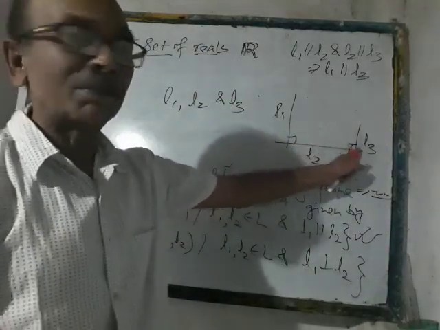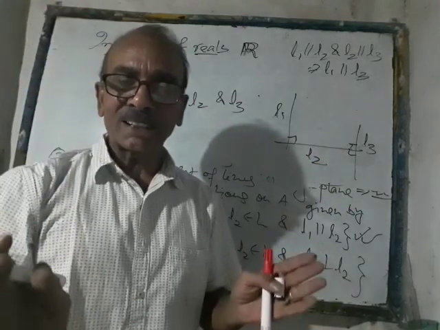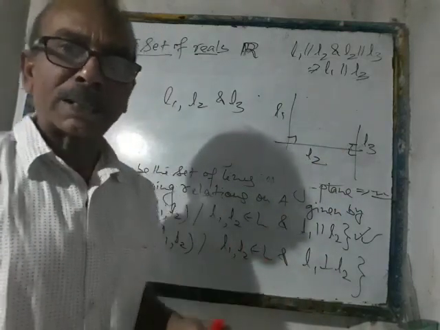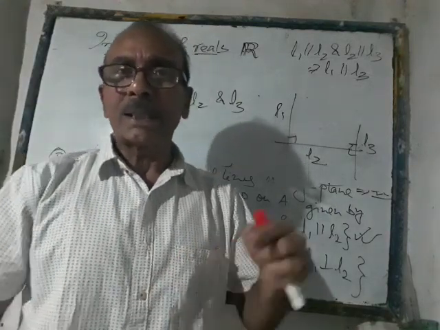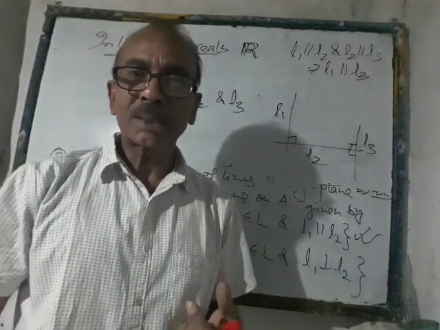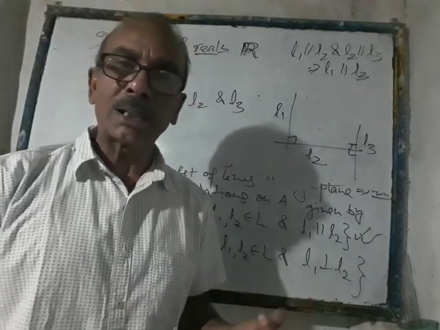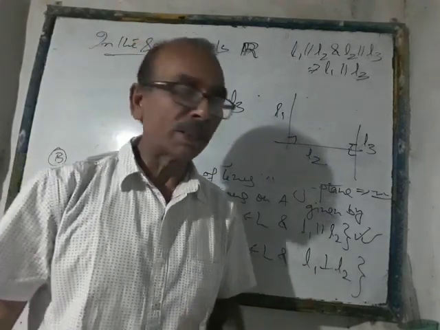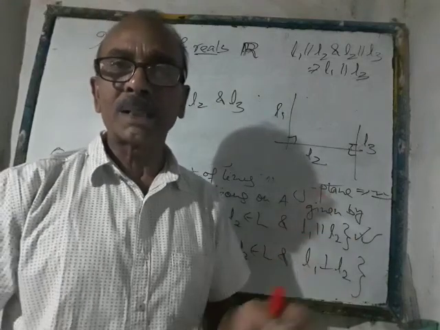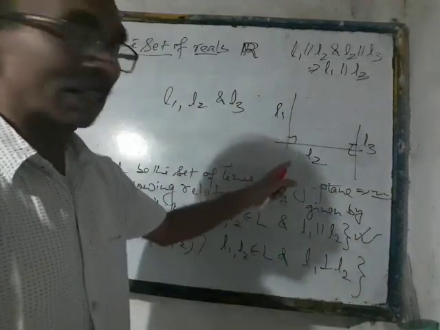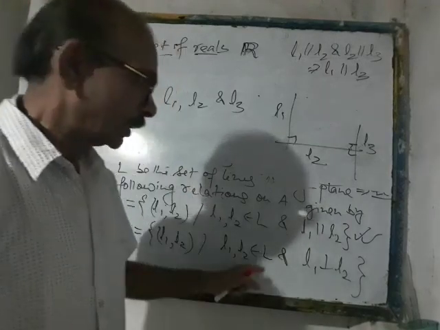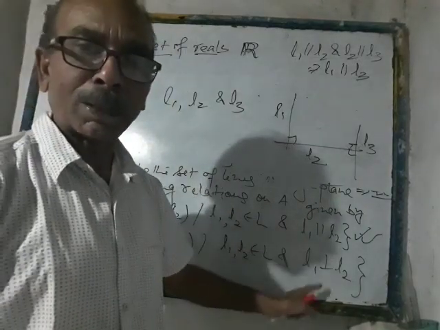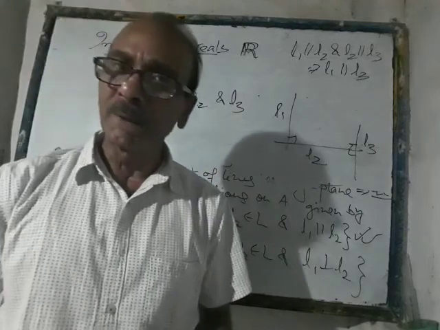No, naturally L1 and L3 are looking parallel, and in fact they are parallel. They cannot be perpendicular to each other. That means between the first element as well as the third element of the pairs, the same relation, the relation of perpendicularity, cannot hold. So on the basis of that, we can very well conclude that this particular relation is not transitive.